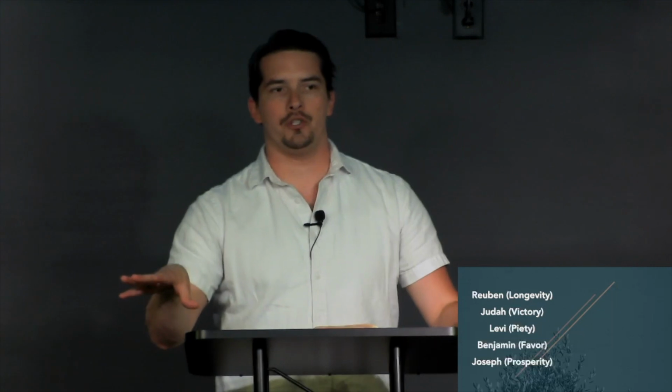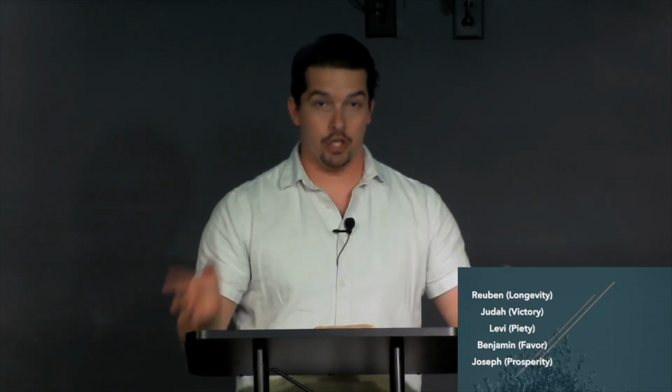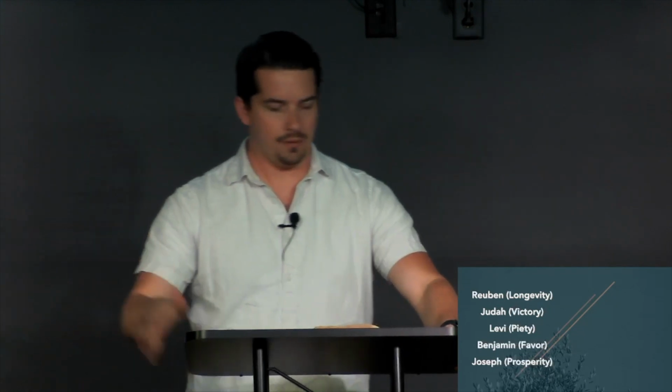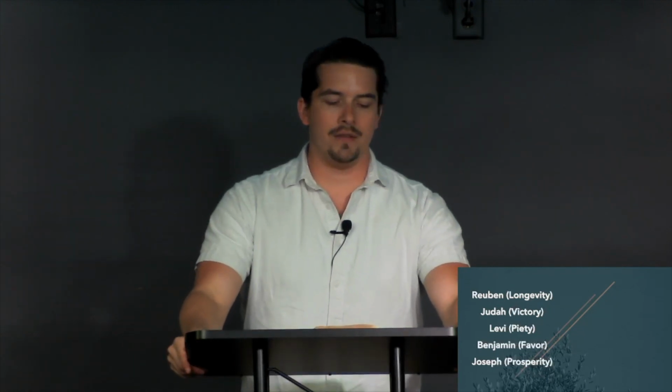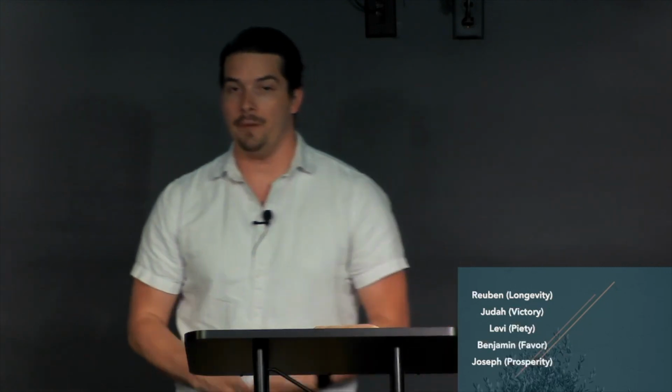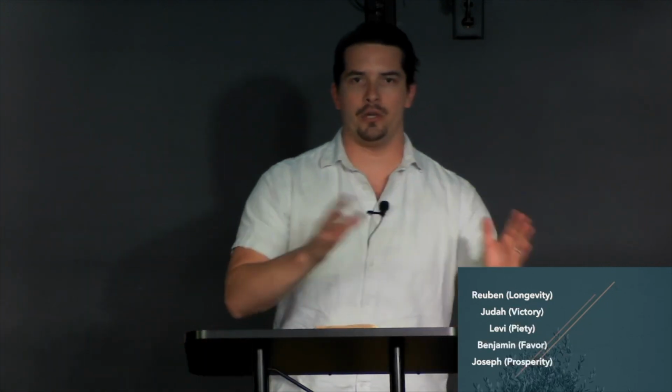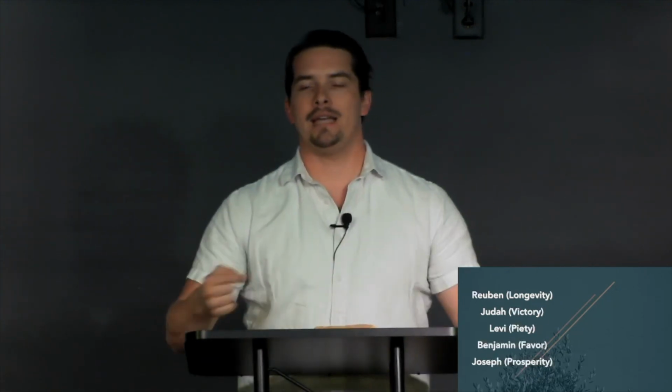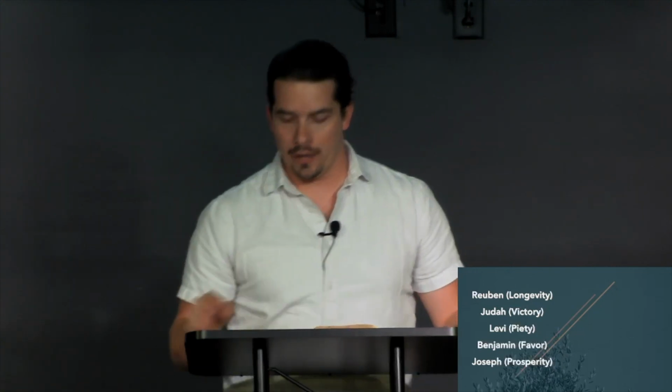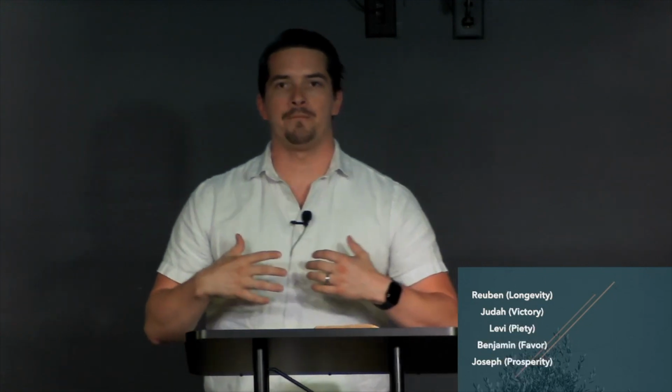Usually when they're counting the 12, they count Joseph twice, Ephraim and Manasseh, and they leave Levi out because Levi was a special case. Notice also that he says 10,000s of Ephraim and thousands of Manasseh, because remember, Manasseh was the oldest one, Ephraim was the youngest, but when Jacob went to bless him, he crossed his hands over because he's saying the younger son is going to be a greater tribe, which is exactly what happened, that Ephraim became